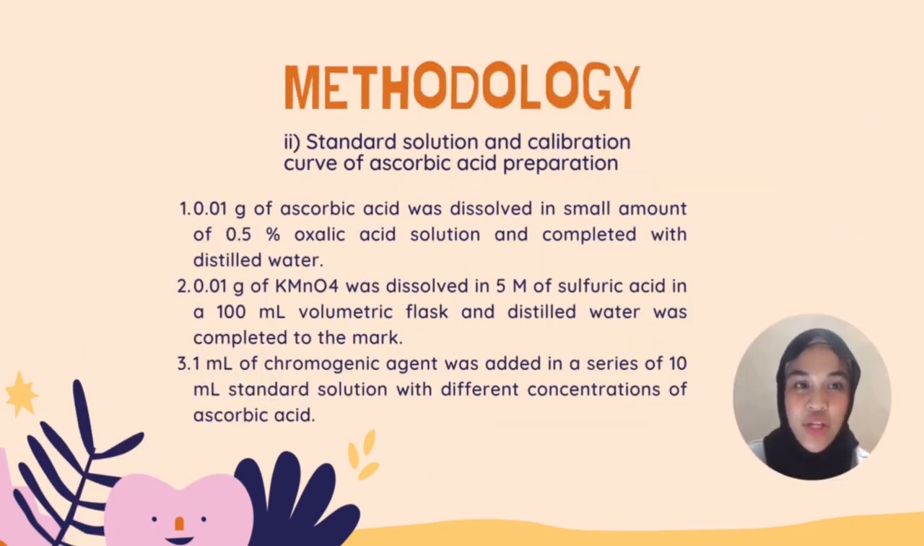Second, standard solution and calibration curve of ascorbic acid preparation. 1. 0.01 gram of ascorbic acid was dissolved in a small amount of 0.5% oxalic acid solution and completed with distilled water. 2. 0.01 gram of KMnO4 was dissolved in 5 ml of sulfuric acid in a 100 ml volumetric flask and distilled water was completed to the mark. 3. 1 ml of chromogenic agent was added in a series of 10 ml standard solution with different concentrations of